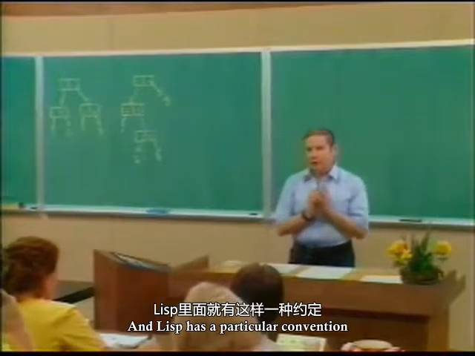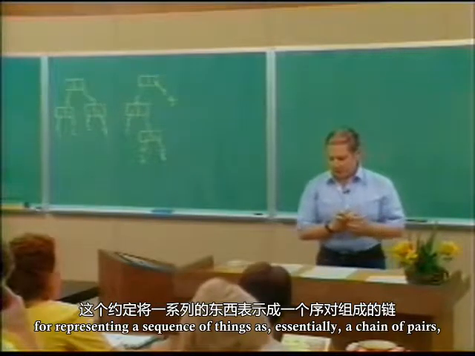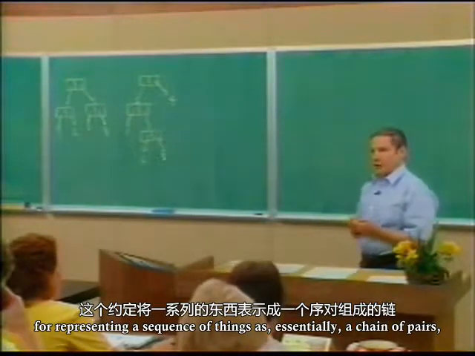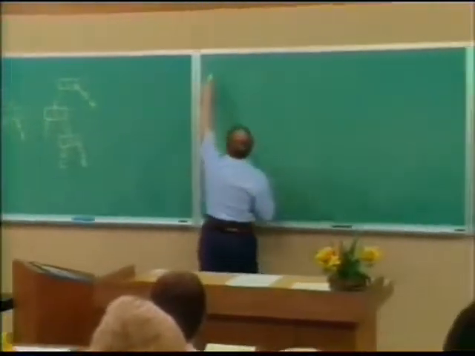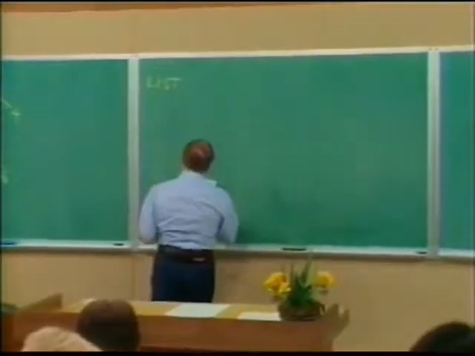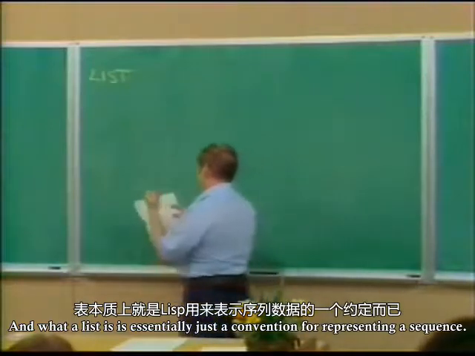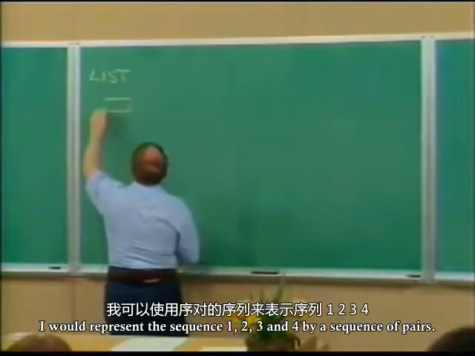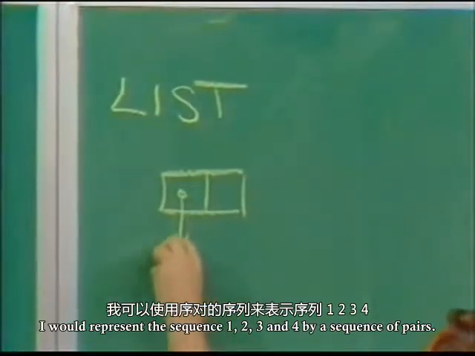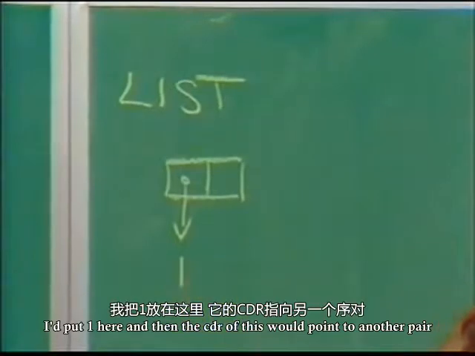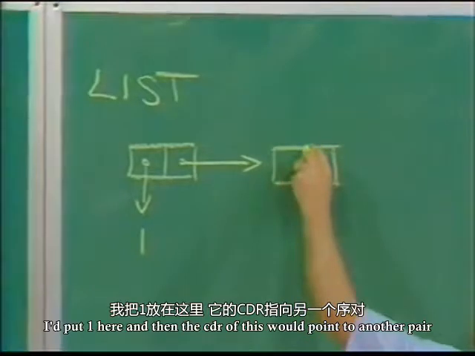And Lisp has a particular convention for representing a sequence of things as essentially a chain of pairs. And that's called a list. A list is essentially just a convention for representing a sequence. I would represent the sequence 1, 2, 3, and 4 by a sequence of pairs. I'd put 1 here, and then the cdr of this would point to another pair